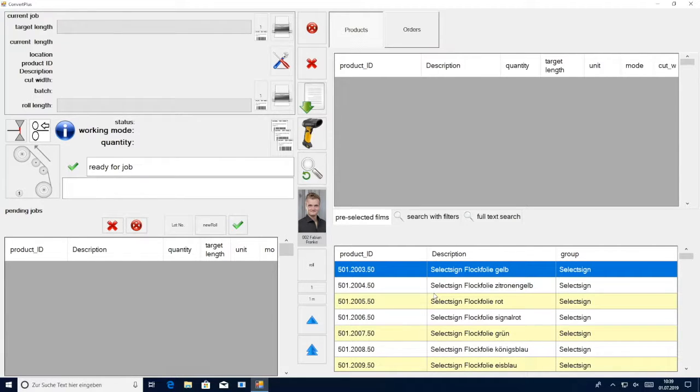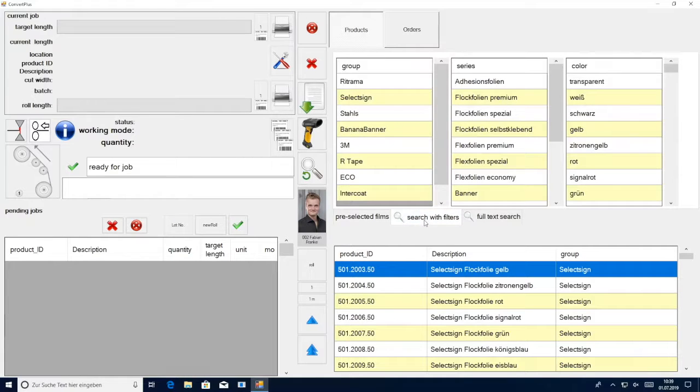From this list, we are able to manually select which products we want to convert on the Napata, or we can scan a barcode that contains the product ID to start converting. To manually select the product, all you need to do is double-click on the specified product. We are also able to select products with the filter function. This allows you to select products by the manufacturer, by the series, and then by the color to easily locate the products you need for an order.